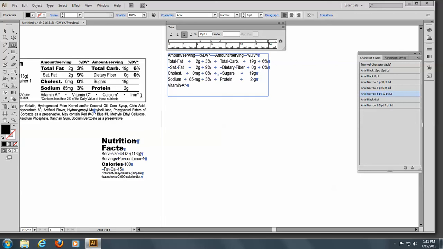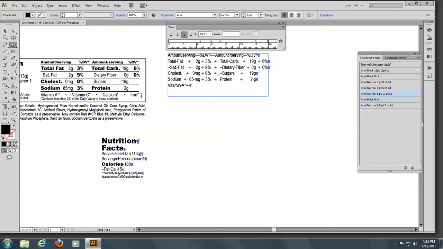And if you remember when we were learning about our typography, there are special characters on a Windows system or a PC that you can use by holding down the Alt key and going to your number pad and typing it in. And the code for a bullet is 0149. So I'm going to hold down my Alt key and on my number pad put in 0149, and there's my bullet, and I'll enter